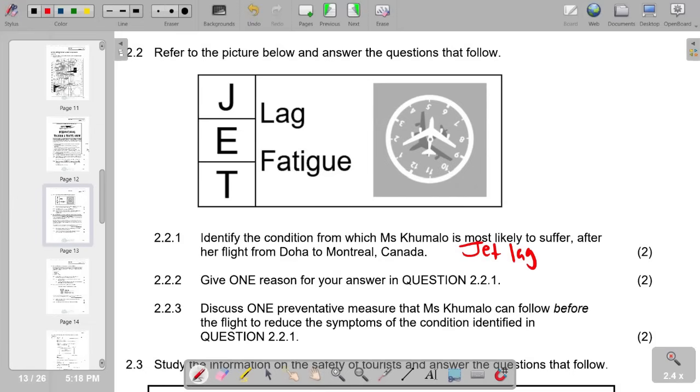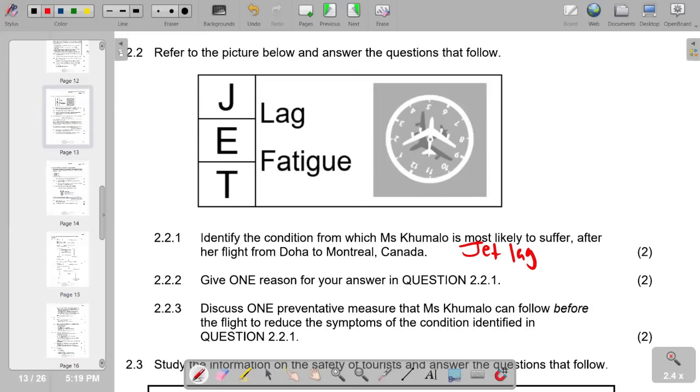And on 2.2.2, give one reason for your answer in question 2.2.1. So basically, the reason is the change of time zones across the many time zones between Doha and Montreal. So in that case, it leads to jet lag. So we move on to 2.2.3. Give one preventive measure that Ms. Kumalo can follow before the flight to reduce the symptoms of the condition. So to reduce the symptoms of jet lag, one of the preventative measures is to drink a lot of